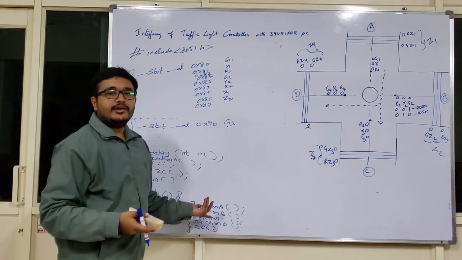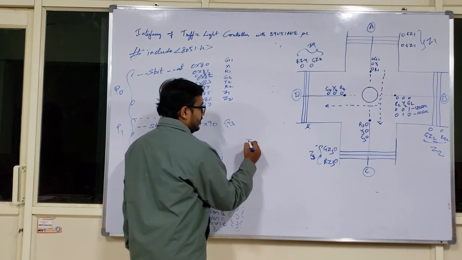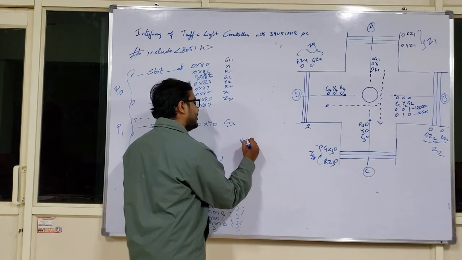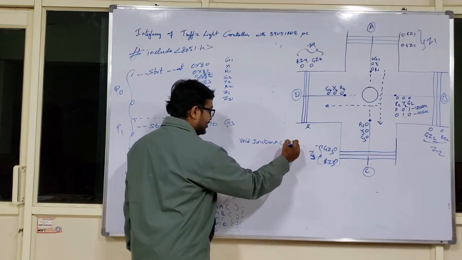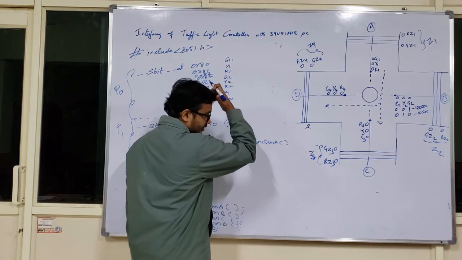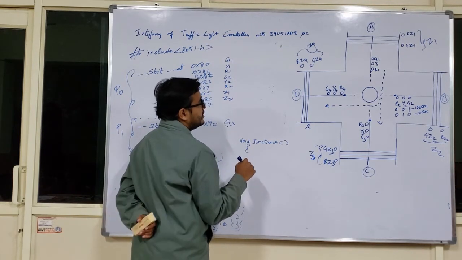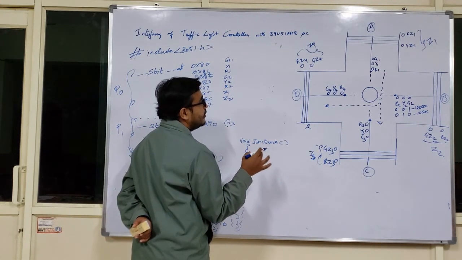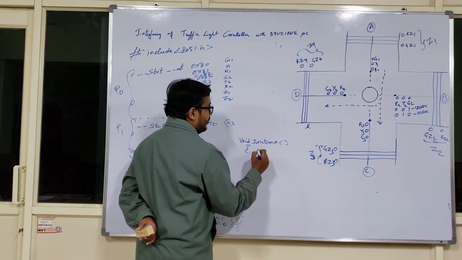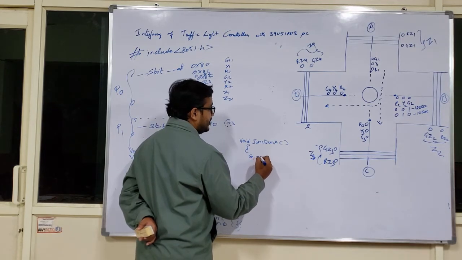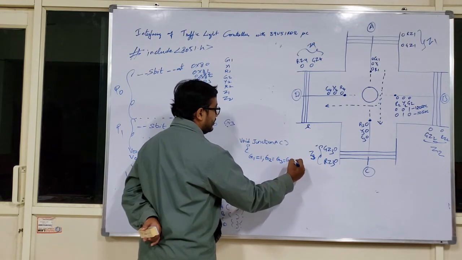Now, what will be the definition of junction A? So let me complete here itself. So that is, I am defining the junction now. Void junction A. I should not keep a semicolon whenever I am writing the definition. Okay, void junction A. In junction A, what happens? What will be the status of green, yellow, red and zebra crossing present at each and every pole? For junction A, your green lamp will be logic 1 and all your green lamps of the remaining junctions will be logic 0 state.